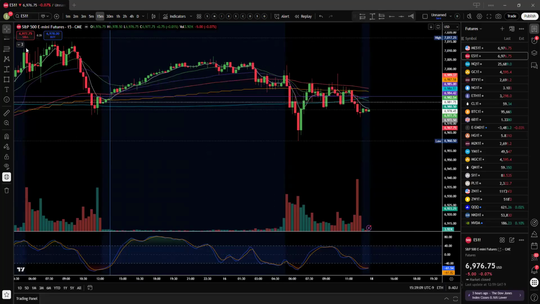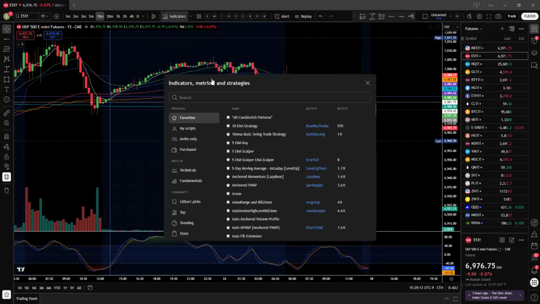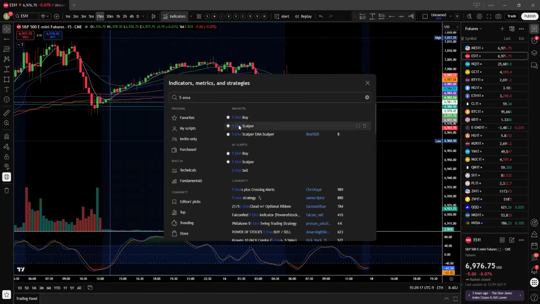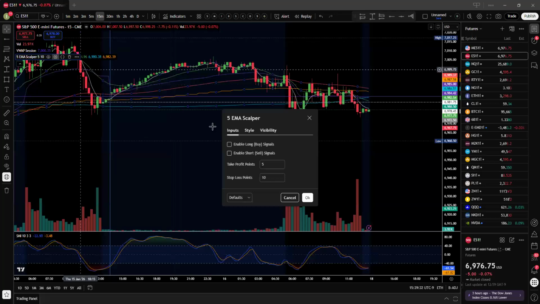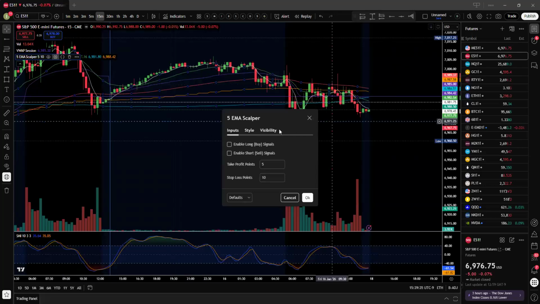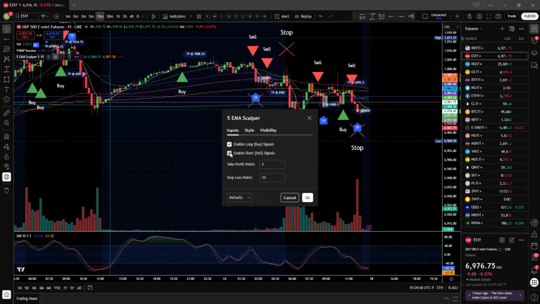First and foremost, under indicators, if you just type in 5 EMA scalper and then click on the little star here, that'll add it to your favorites. I've already got it added to mine, but the indicator is public, so you can use it. A few things to highlight: as soon as you open it up, you've got the option to display both your buy signals and short signals. But I don't recommend that, for the sole purpose